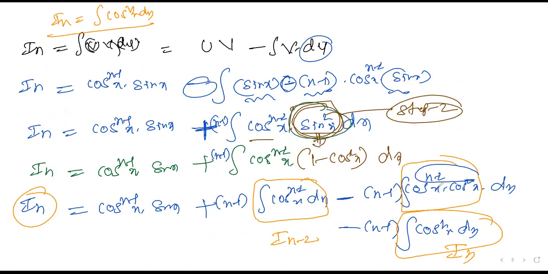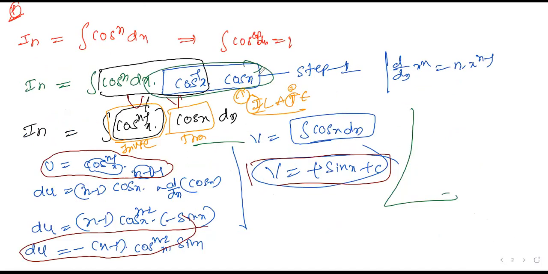The trick is this is one tricky. First trick is the assumption of this. Second trick